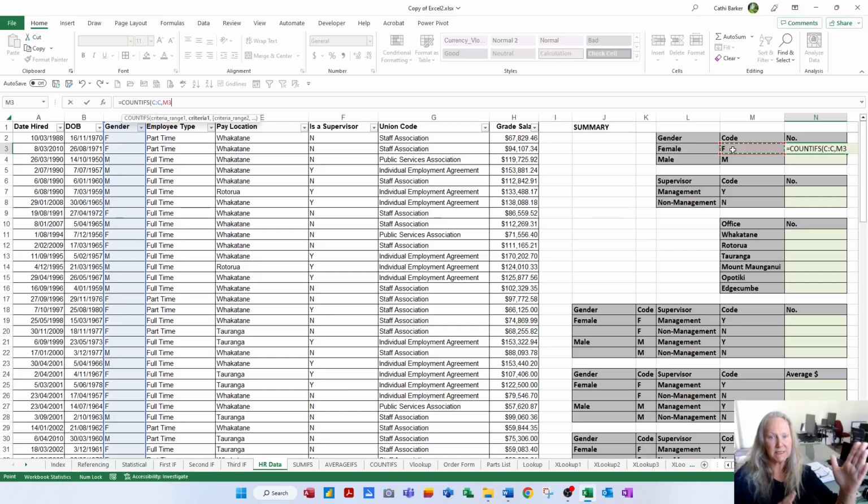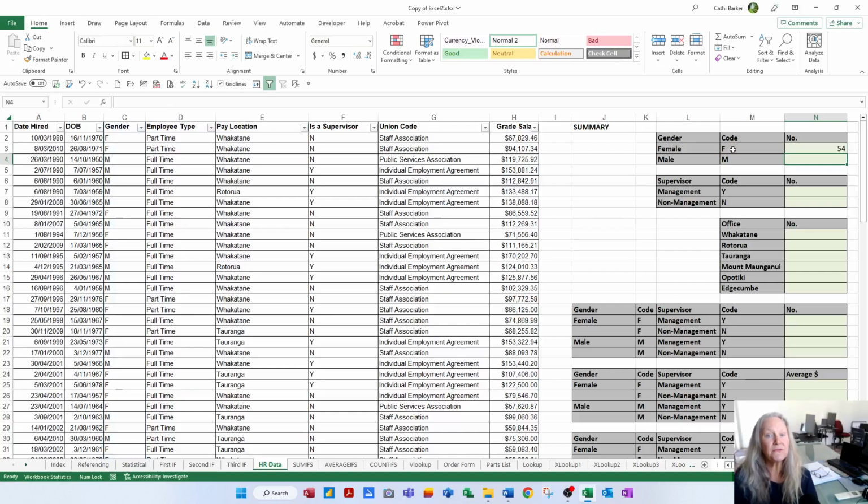Look at column C and count the ones that match M3, which contains an F. So it'll count the females. And so I just press enter. And so there are 54 females employed by this company. If I then want to work out how many males, I simply drag the thin black cross down and it